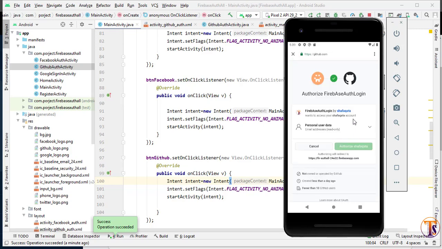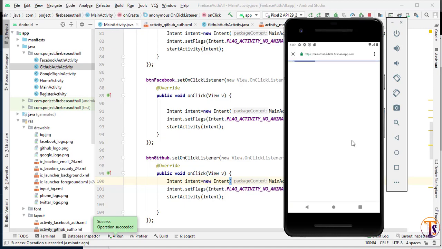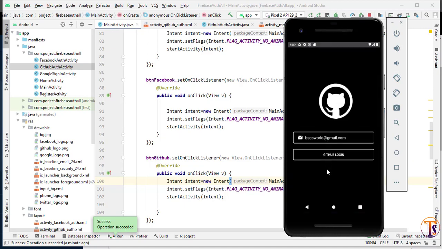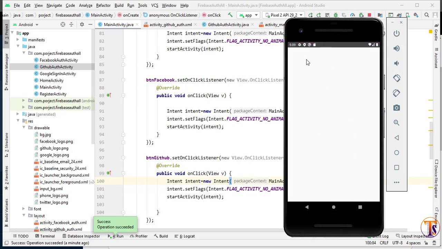Okay, now here you can see our GitHub authentication page is open. So let's click on authorize my username, and here you can see it's logged in now, and that's it. Here you can see our home page is open now.